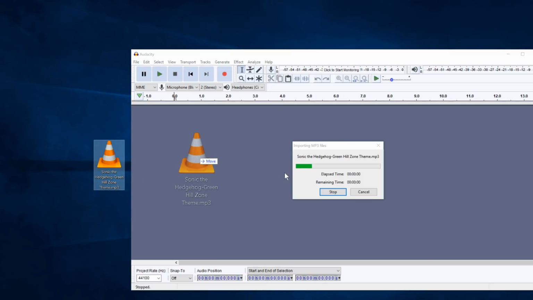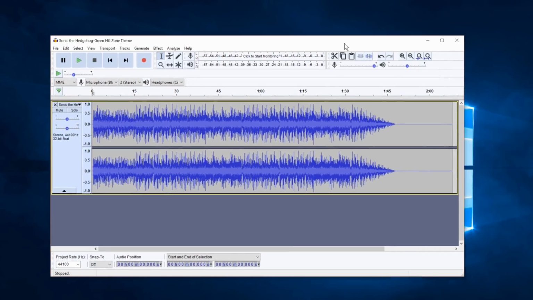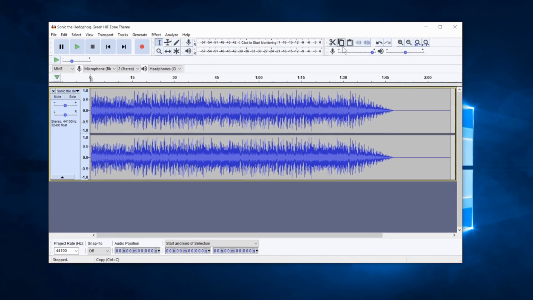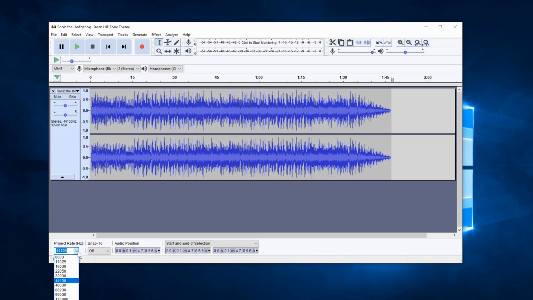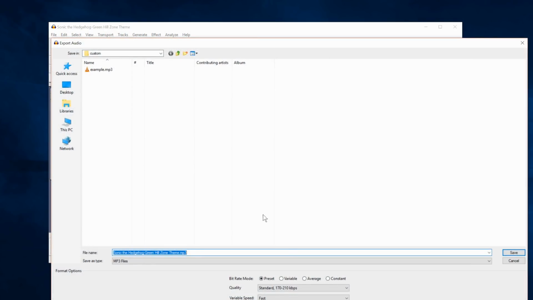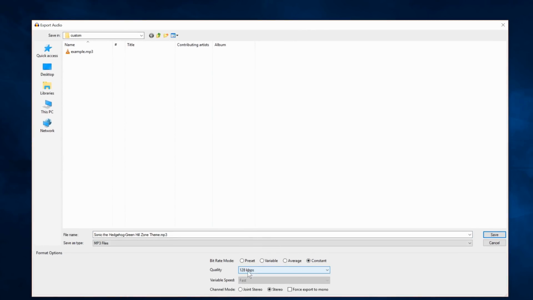So you need to open or import your music. You can see with this one it fades out and then there's a long period of silence. I'm not going to bother editing it to loop perfectly this time, but I'll cut out the silence just to show that it will repeat once it's faded out. And then you need to change the project rate down here to 48,000. Then export it as an MP3 and set the bitrate mode to constant and the quality to 128,